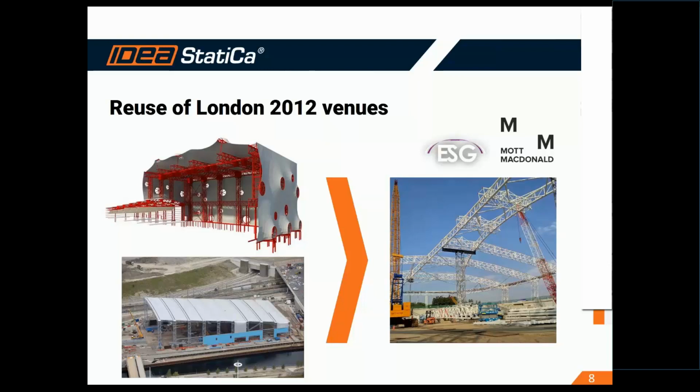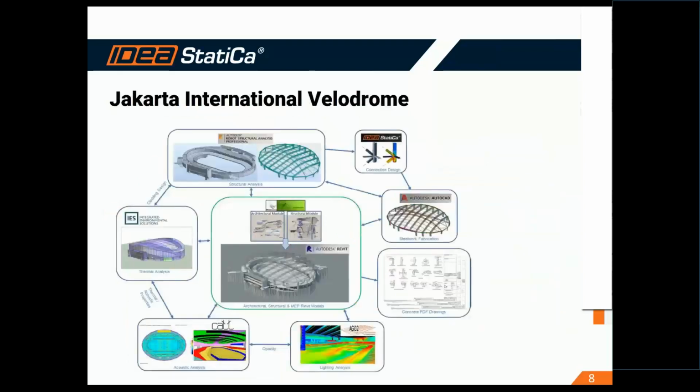This project was taken on by contractor ES Global. ES Global is actually a global leader in temporary venue construction, and together with Cox Architects and Mott MacDonald, of course, who provided the necessary design expertise. The connections of this steel structure were designed with IDEA StatiCa, and they took advantage of the